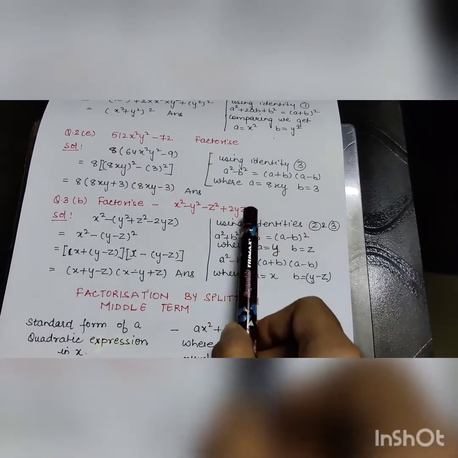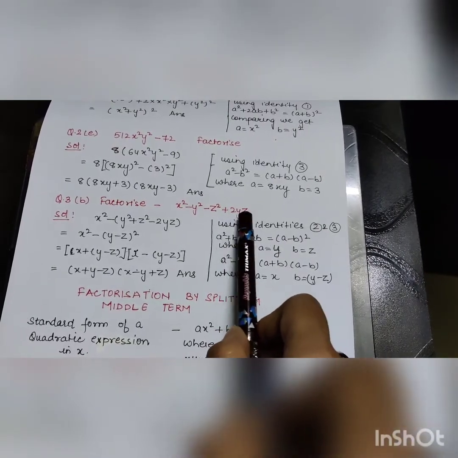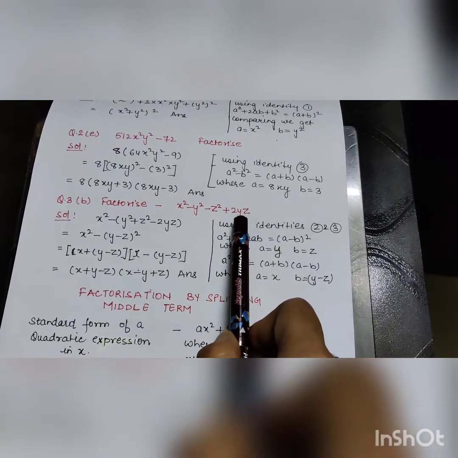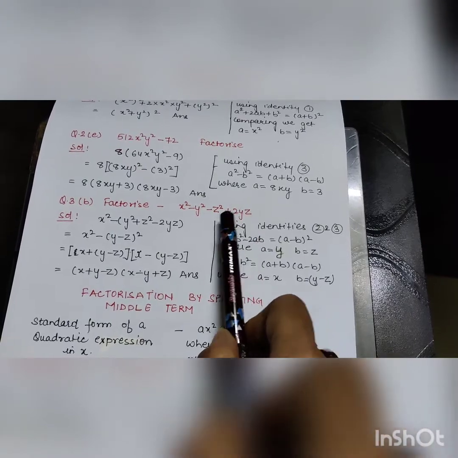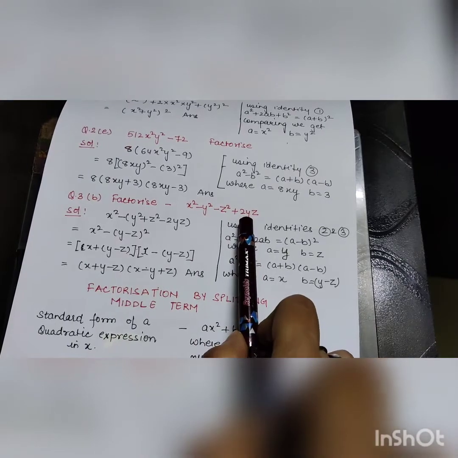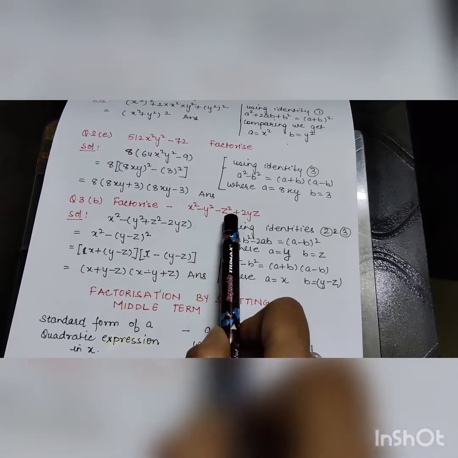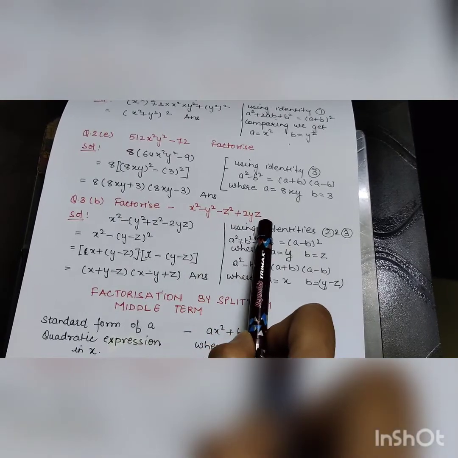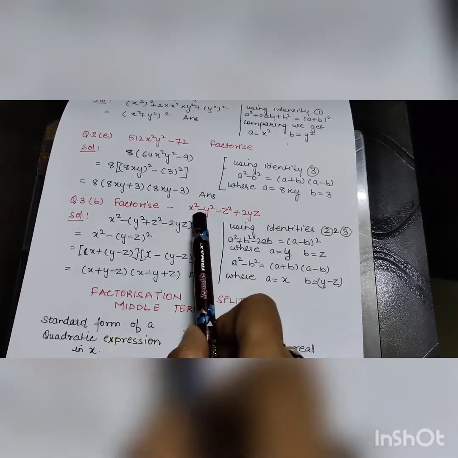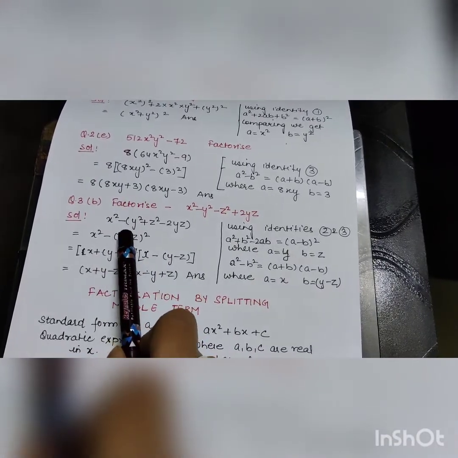So we can see here the last term 2yz. If we are given 2yz over here, then the square of y and square of z should also be there, and these 3 can combine together to form an identity. So here we can see that y square is there, z square is there, and 2yz is also there. So let's take minus sign common over here. So we have taken a negative sign common.